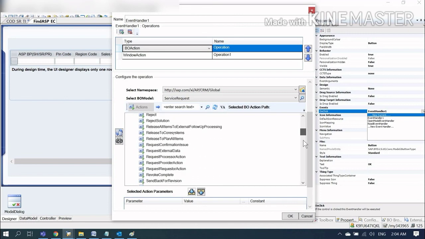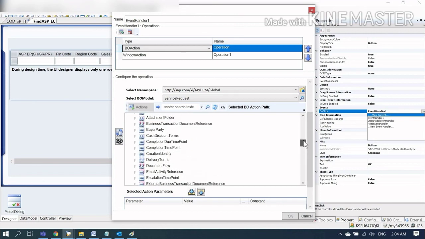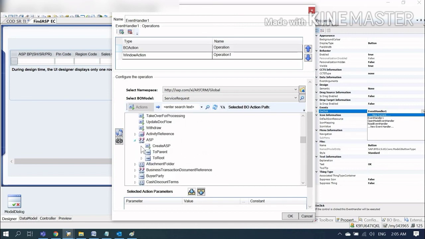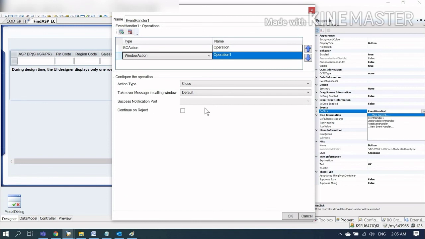Where is our create ASP? You can see here, create ASP, and bind this create ASP with the BO action, and in the second operation it will close the model dialog. So in the second operation I have taken a BO action and the action type should be close.